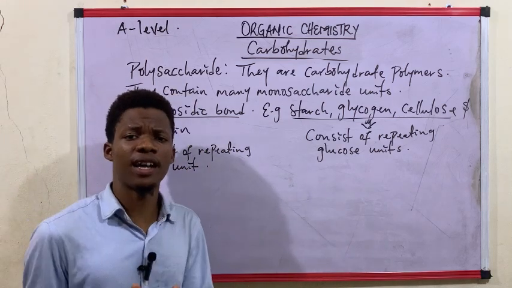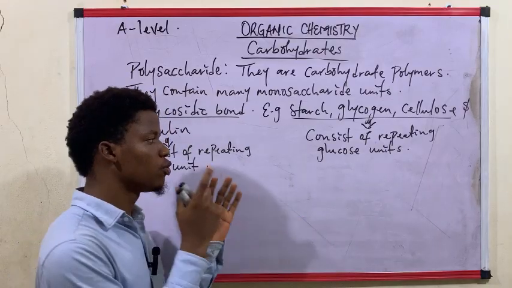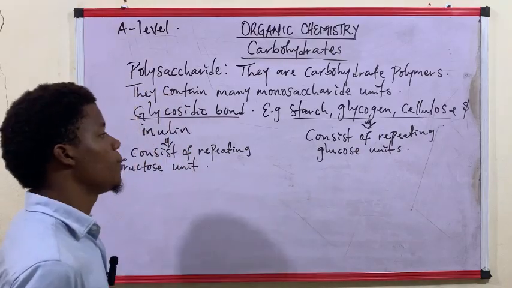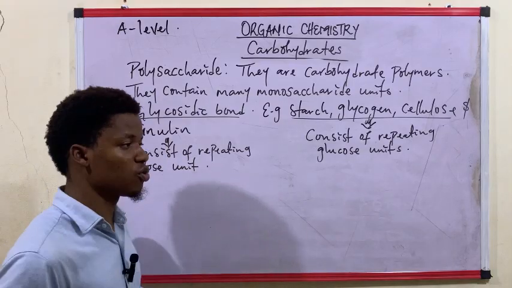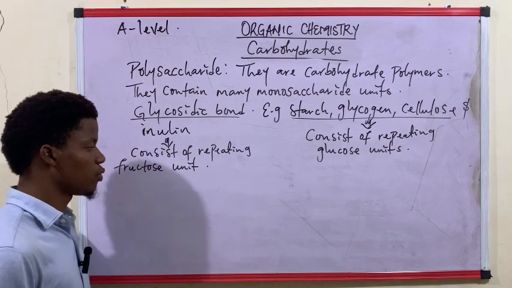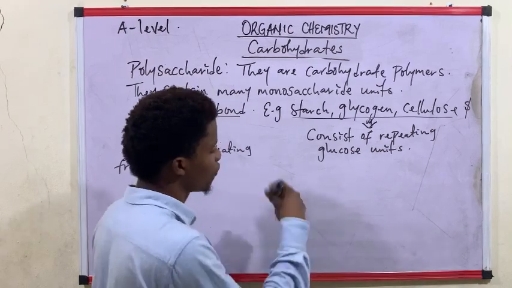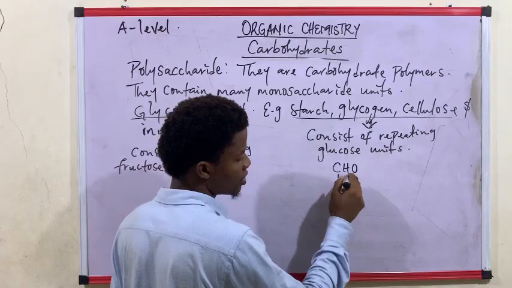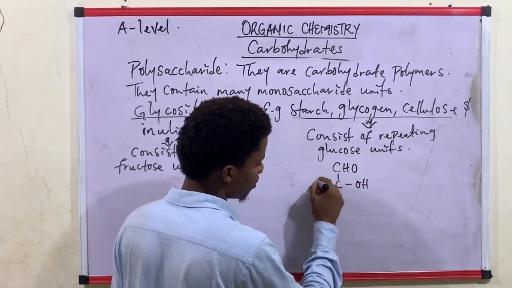Now we need to understand the Fischer projection formula of glucose and fructose, because it's going to help us. Remember I already explained how it looks. The Fischer projection of glucose looks like this: CHO, this is carbon 1, which is the aldehyde group. Then we have OH, H,